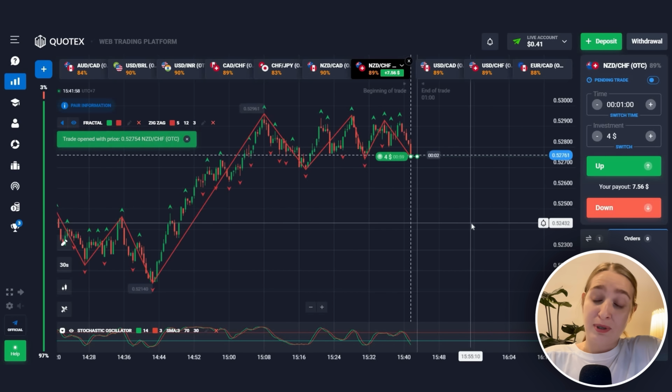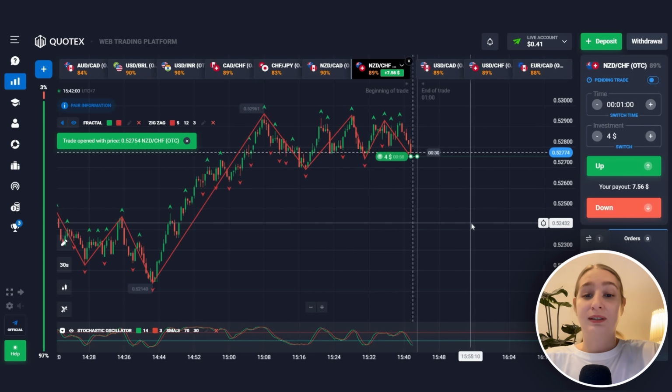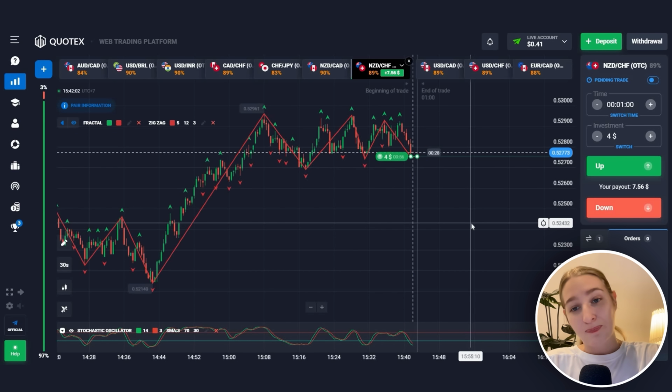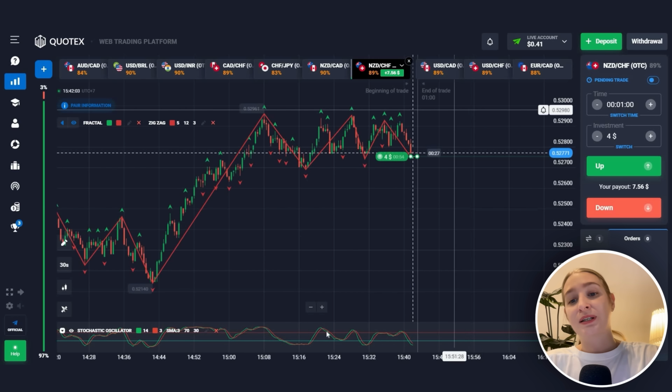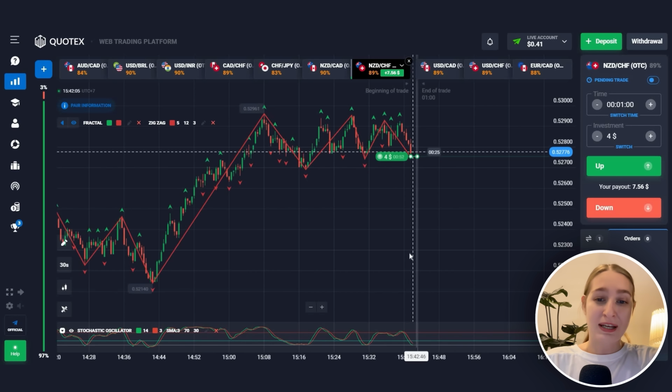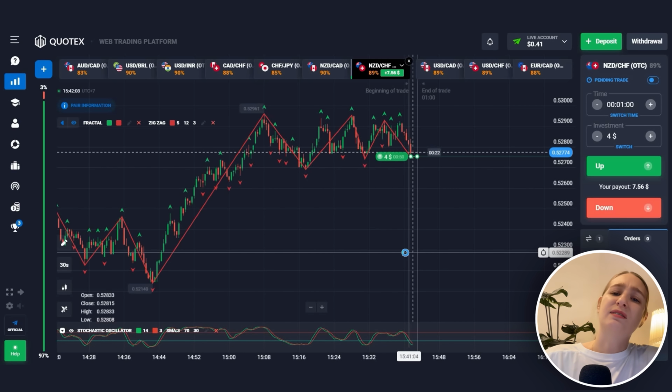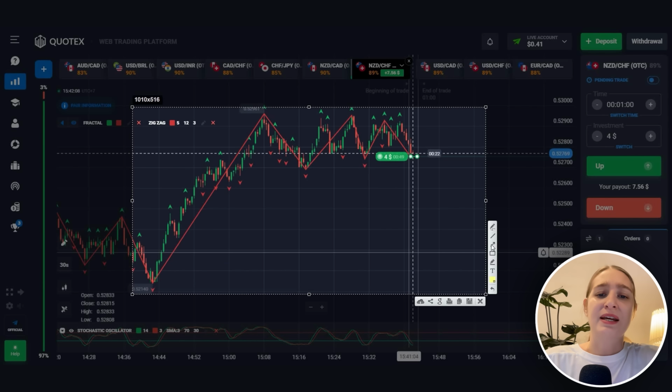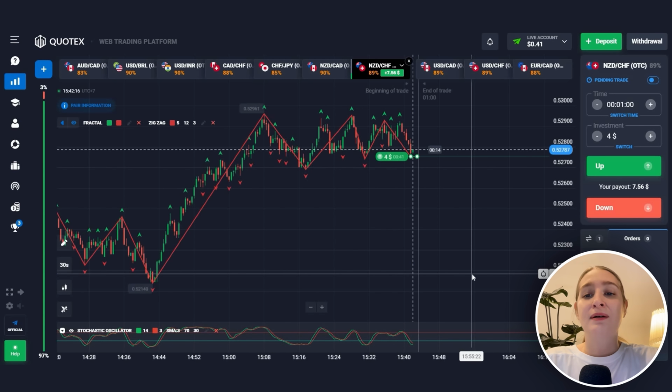So here we are. We went to the New Zealand dollar and the Swiss franc. I'm going to consider the whole chart, push the green button and let's try. What can we notice here, guys? According to the stochastic indicator, the lines have reached the lowest level and are starting to reverse. In addition, we have an uptrend here and the price has reached a support level, which tells us it is going